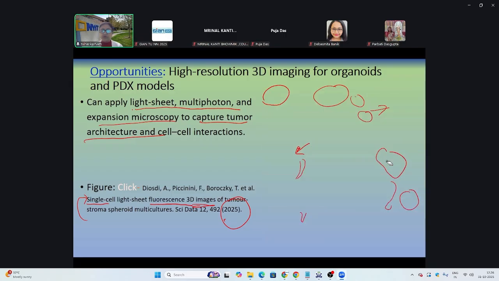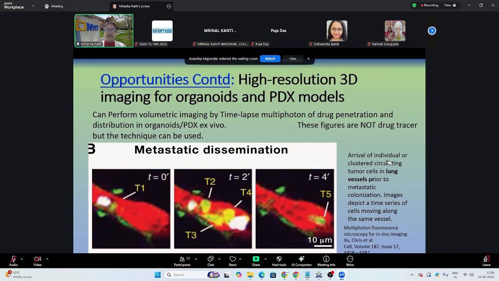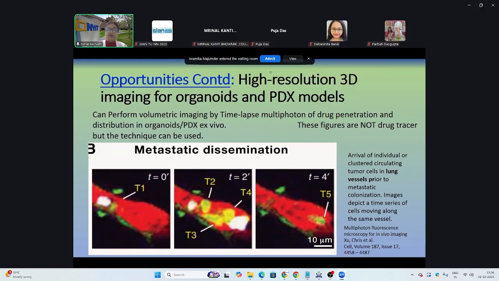Okay, so it's called high-resolution 3D imaging using multiphoton microscopy, expansion microscopy. So again, for organoids and these models, these are all preclinical, but you have to start somewhere. One thing that can be done is not to look for just cells, but to